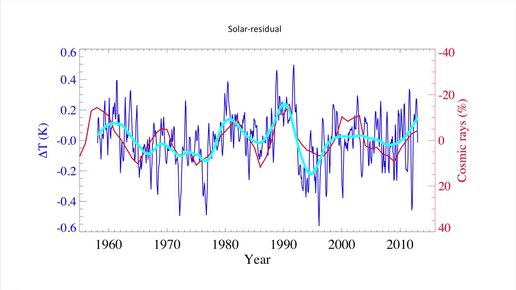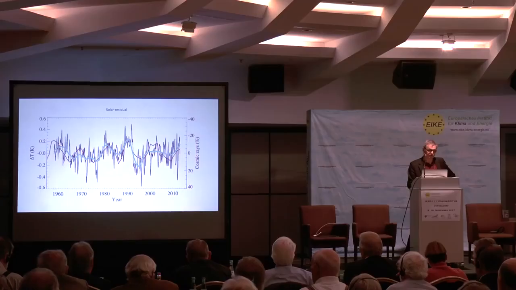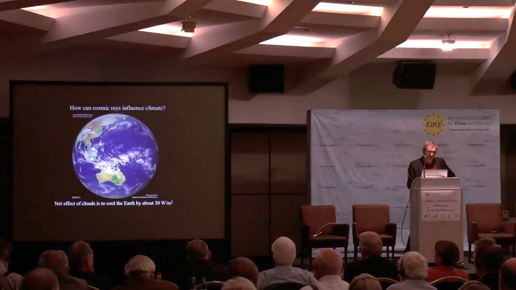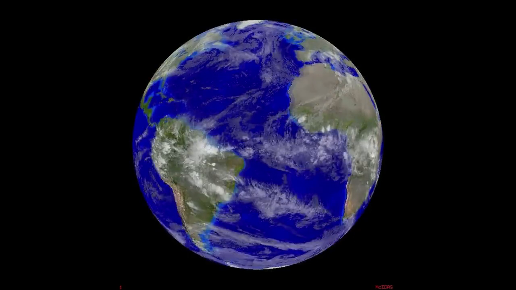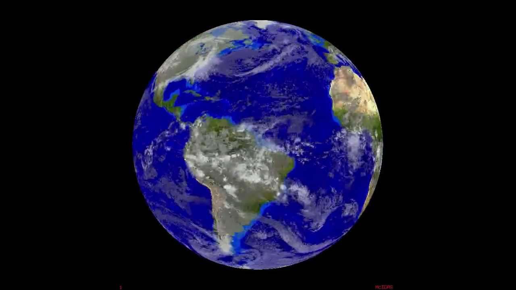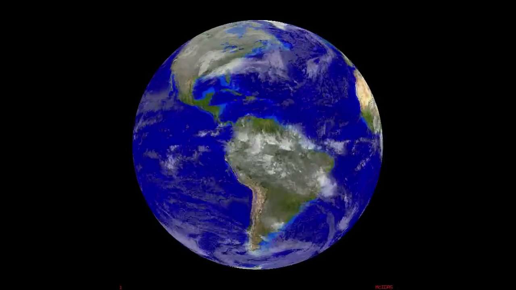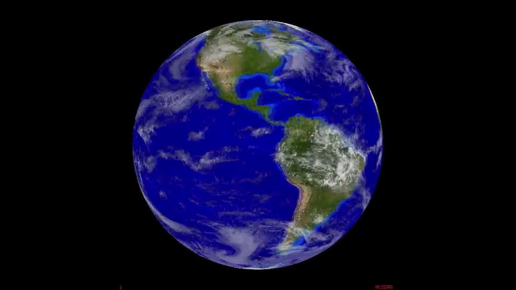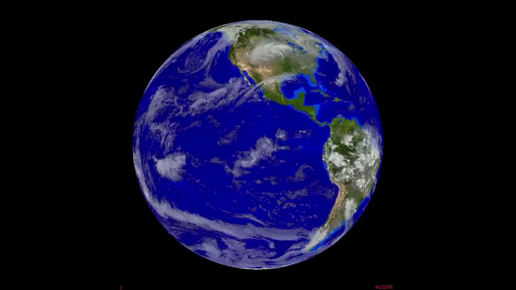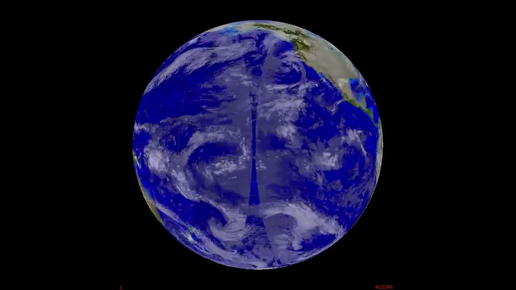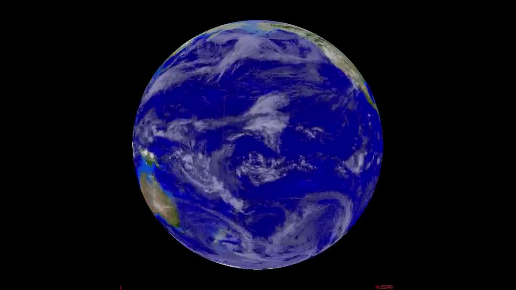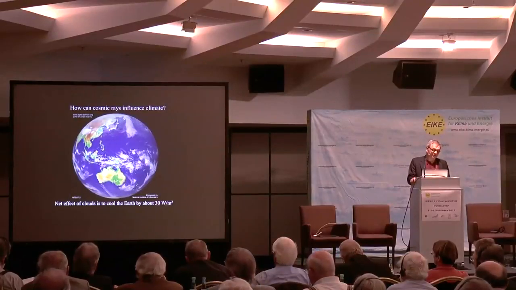Now, the question that we have all asked is why there is this correlation. I mean, why should there be an amplification, and what could amplify the solar signal? And it should come as no surprise, because this is what I've been working on for such a long time, that we have used the clouds in order to understand what is going on. The cloud cover is, of course, extremely important for the radiative balance of the Earth. The net effect of clouds, I mean, they both heat the atmosphere and they cool the atmosphere, but the net effect is actually a cooling.